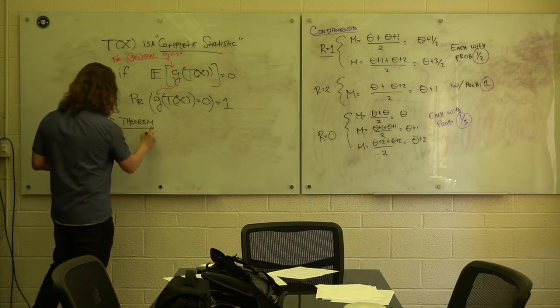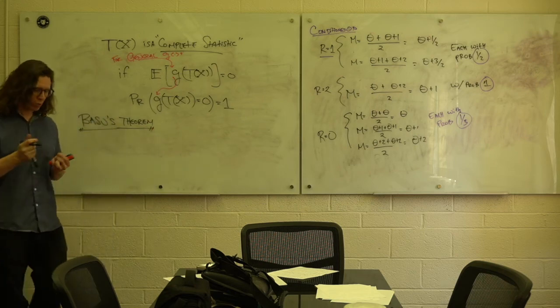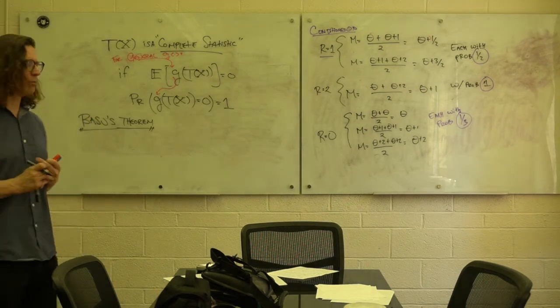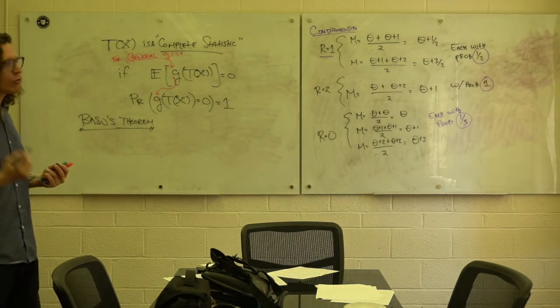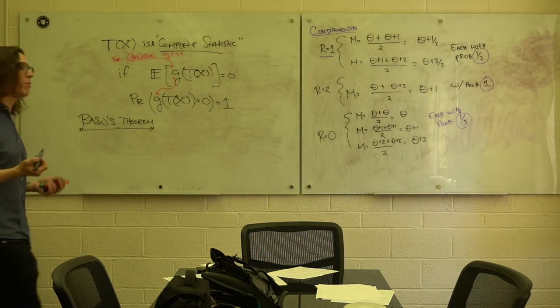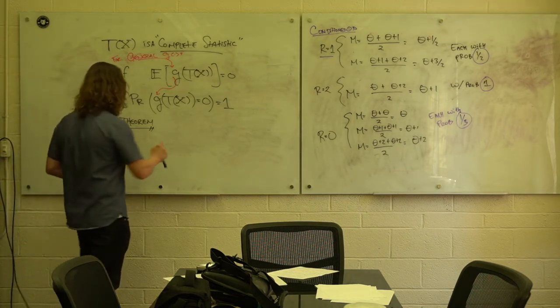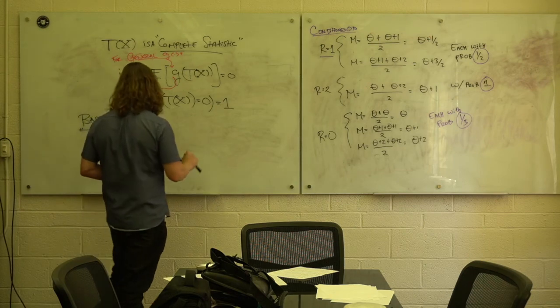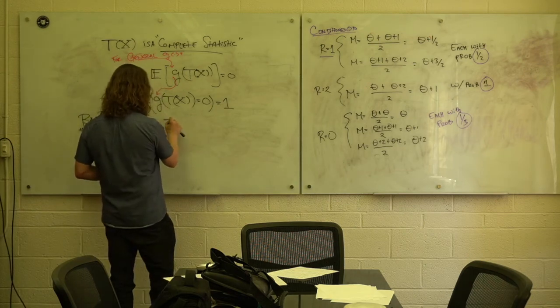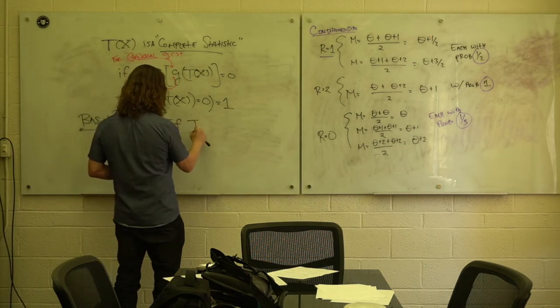And who's poor Basu? The only place I ever see poor Basu's name is on this theorem that I'm not even going to touch or talk too much about. It's interesting from a math standpoint. Very little practical value here. So Basu's theorem says if T of x